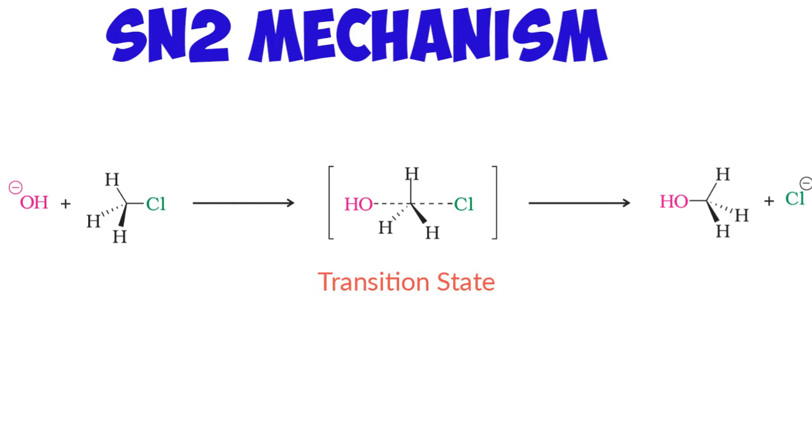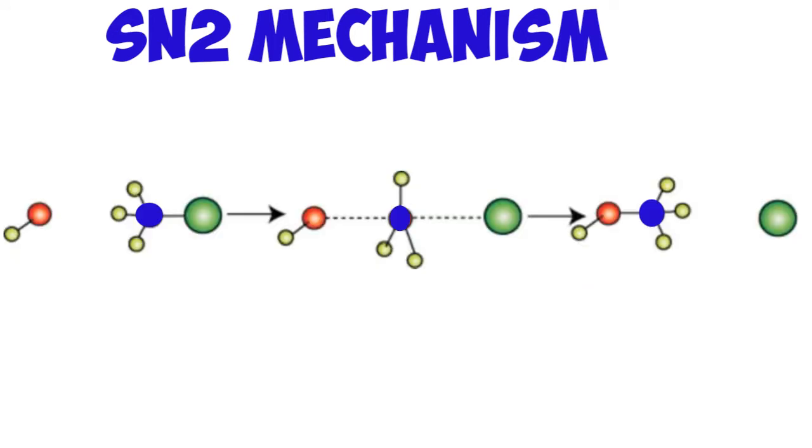As the reaction progresses, the bond between carbon atom and the leaving group breaks and a new bond forms between the carbon atom and hydroxyl group. And this bond forms from the opposite side of carbon halogen bond. As this happens, the configuration of carbon atom inverts in the same way as an umbrella is turned inside out when caught in a strong wind. I'll explain this with a diagram.